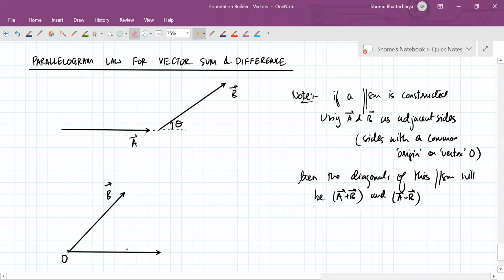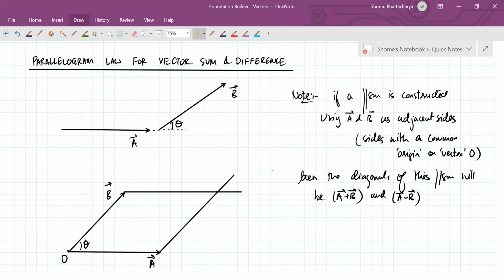So these are the two adjacent sides of the parallelogram, with angle theta between them. Now in order to complete the parallelogram, we'll have to draw two more sides, one parallel to A drawn from B, the other parallel to B drawn from A, and wherever they intersect, that becomes the other vertex point. So this becomes the figure